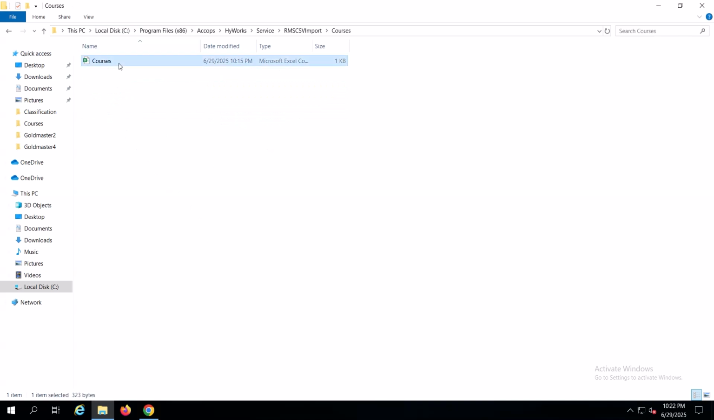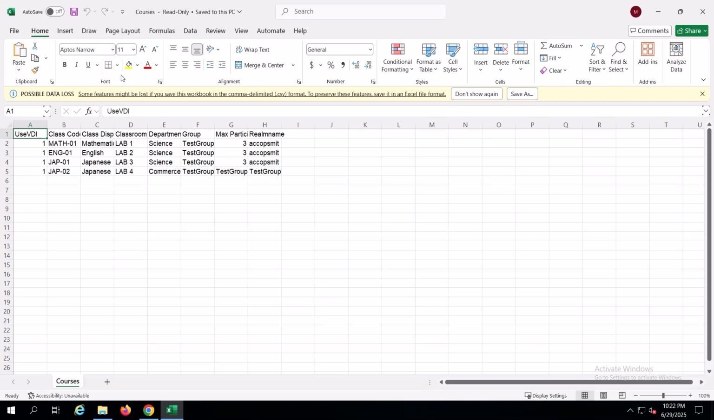This file contains several important fields that determine how the course data is processed during import. The first field is Use VDI. If it is set to 1, the course will be imported. If the course has already been imported and the value is changed to 0, the system will delete it. If it's a new entry and the value is 0, the course will not be imported at all. Any other value, such as 2 or an alphabetic string like ABC, is considered invalid, and the record will be